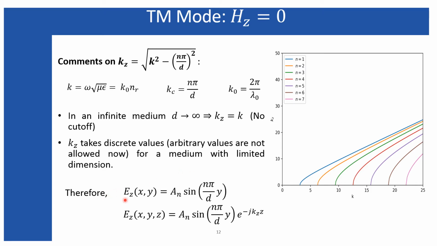Now, in the solution of this Ez, if you replace this kc by n pi divided by d, this will result, and just multiply these propagating terms, that is the e to the power factor, with this, so that will define the propagation of the entire longitudinal electric field along x, y and z. But this expression doesn't include this x term, because along the x the electric field is uniform.